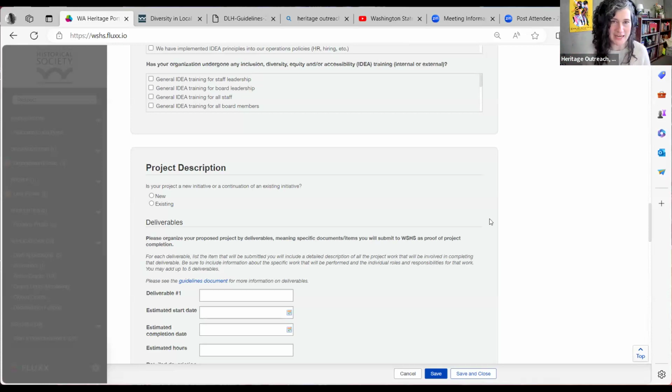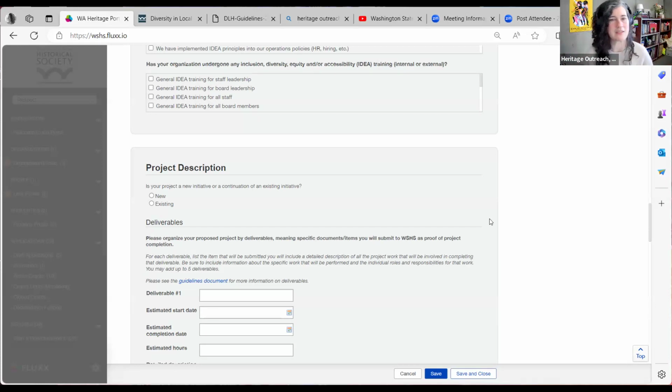It can be so frustrating to get far down in an application and then think, oh no, I lost some of my work. And we know that any grant portal system can once in a while be glitchy. So just save as you go, a good rule of thumb, especially at this point, if you've already gotten through thinking through some deliverables.